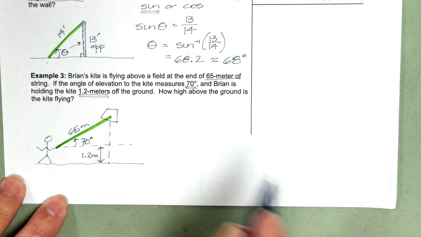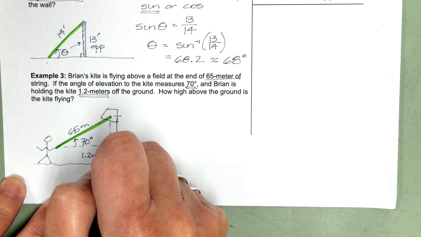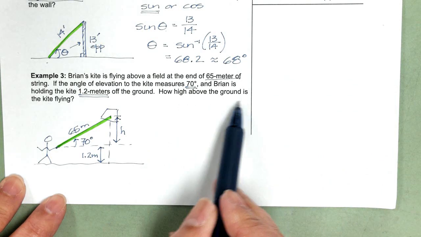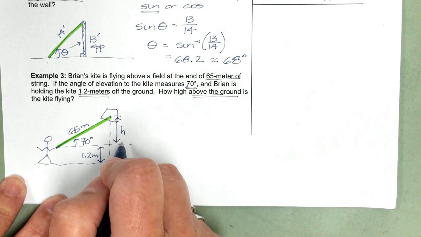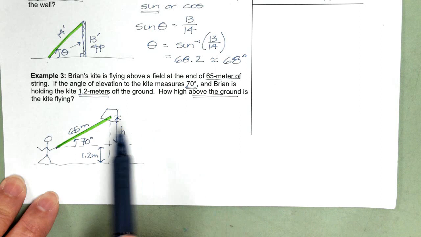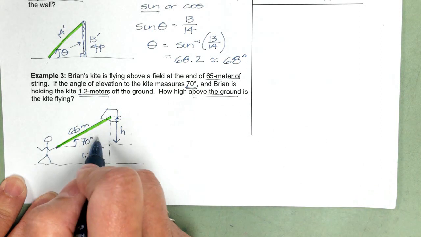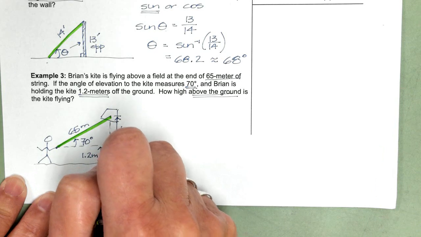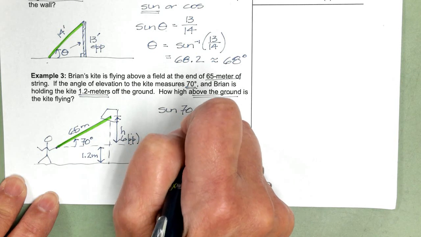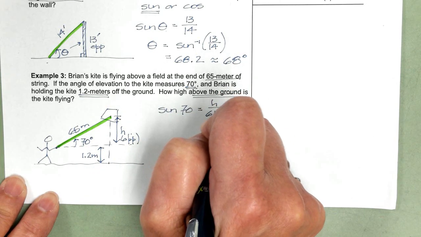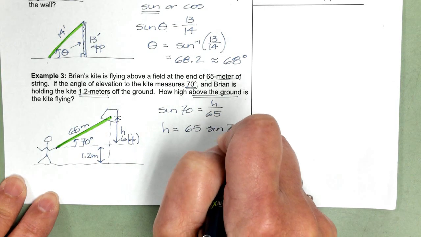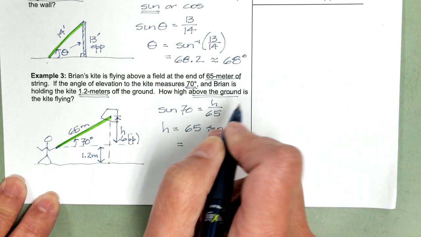Now we're going to use trig to find this value here. And then to find out how high above the ground, we're going to need to add this to the 1.2 meters. Okay? So we have the hypotenuse, sine or cosine. We're looking for the opposite side, so we're going to use sine. Sine of 70 equals h over 65. That means h is equal to 65 times the sine of 70, which gives us